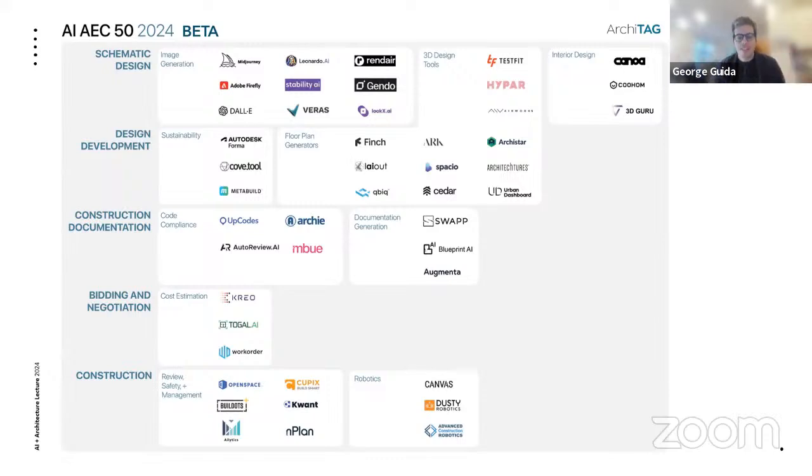About the top 50, let's say, it's a preliminary list of AI and AEC companies that are out there. And what you can really start seeing, the reason I'm bringing this up, is that the amount of interest in this 3D space is actually exponentially increasing. And so clearly there's this big question of what is the future of BIM? What is AI BIM? What does that mean?